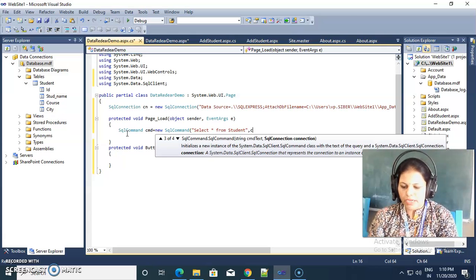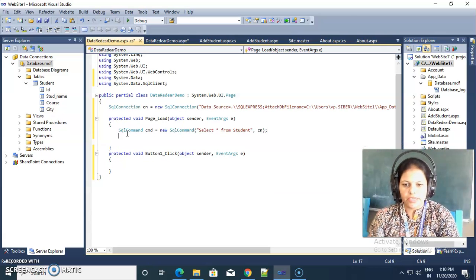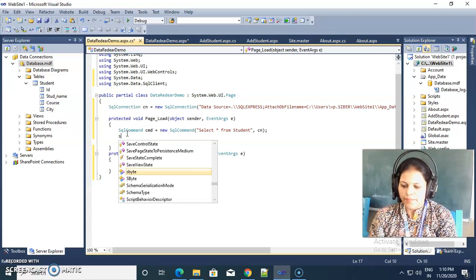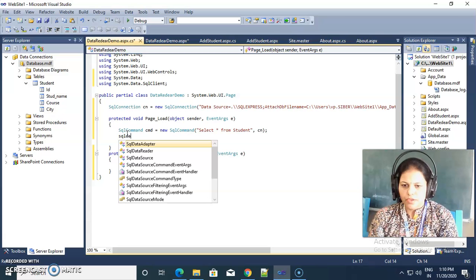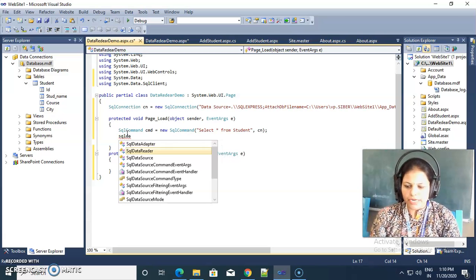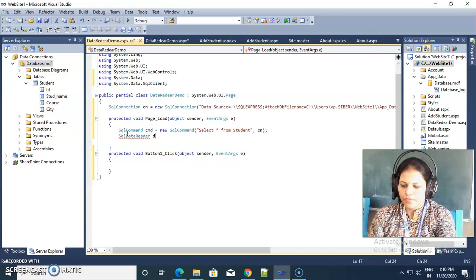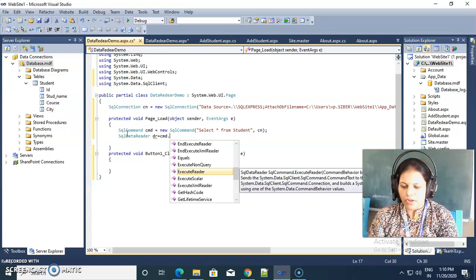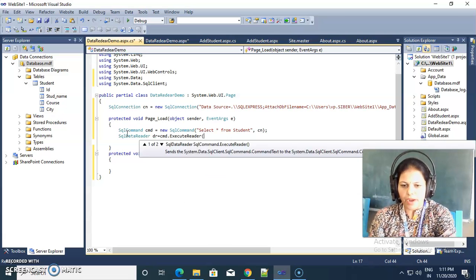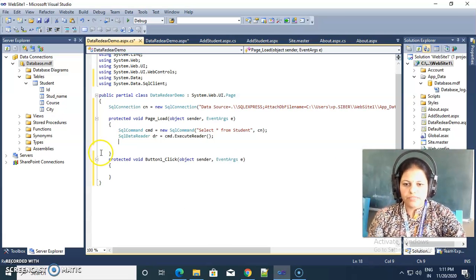Then the second argument is the active connection object, which is cn here. Then the SqlDataReader. We need a data reader to read the record from the database directly. So here I am using the cmd.ExecuteReader command. So the first record is fetched after,